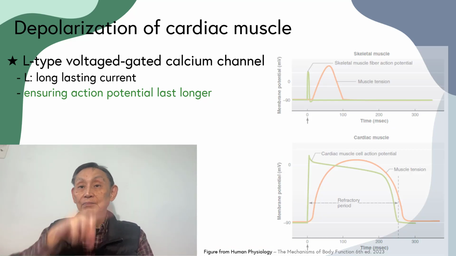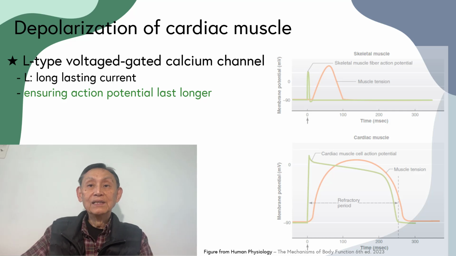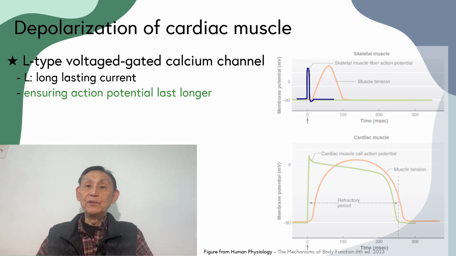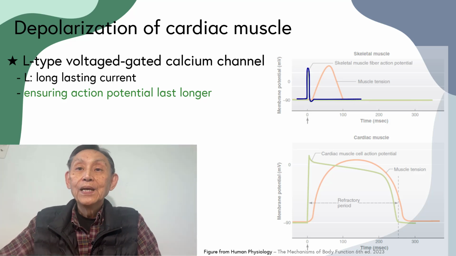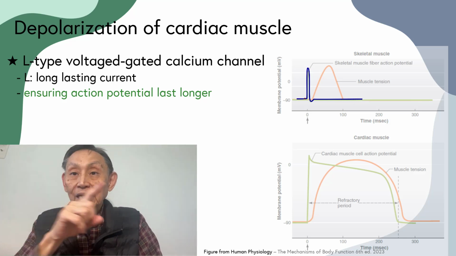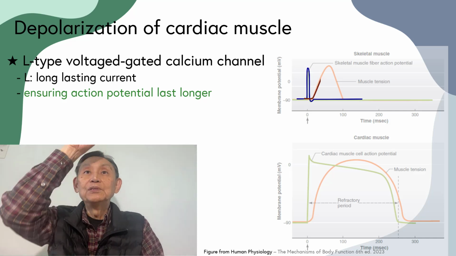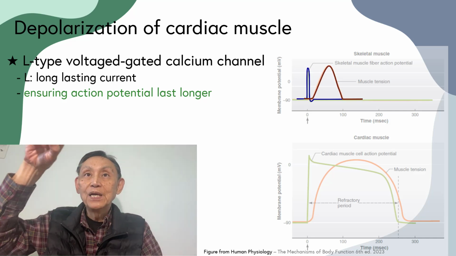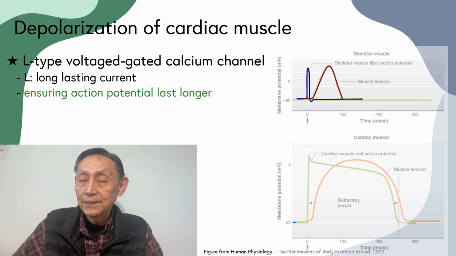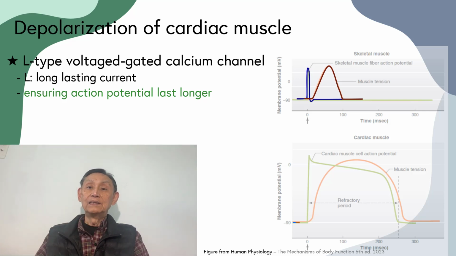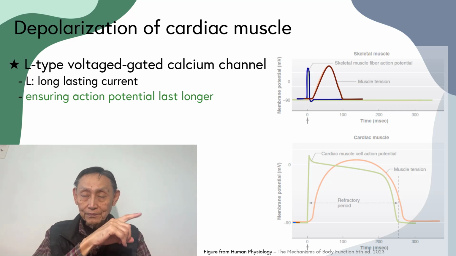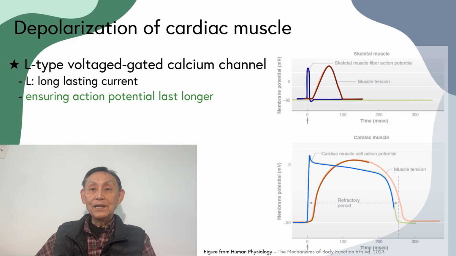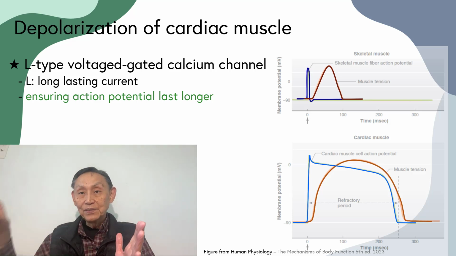So unlike the smooth muscle or any neuron, where the action potential just goes up and down. If you compare the skeletal muscle, the excitation only lasts a few milliseconds, but contraction can last for 100 milliseconds. And if you look at the cardiac muscle, the same thing, the contraction will last 200-300 milliseconds.